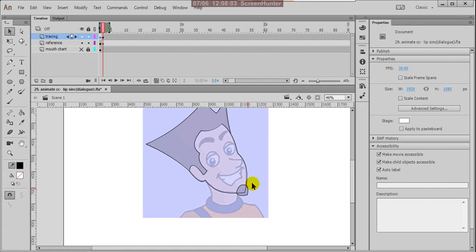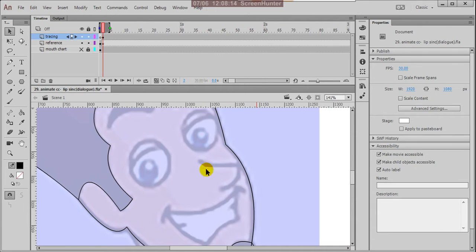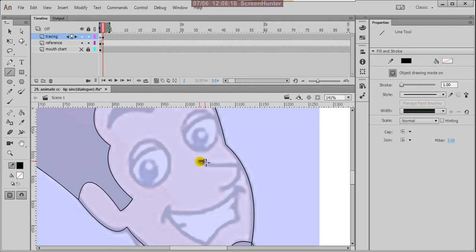Tracing means not just making lines over that. Now I'm adding the nose.